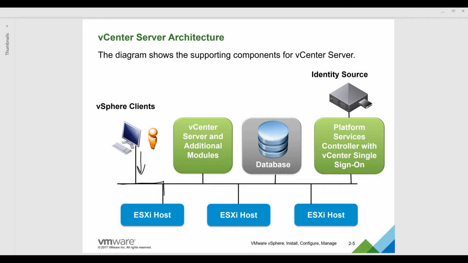It goes over to your ESXi host, to your vCenter modules. You can go to your storage databases, to your Platform Services Controller, which controls single sign-on. Get it to all your ESXi hosts once again. So it's used to directly connect to your ESXi host, which I showed you right here through the vSphere client,